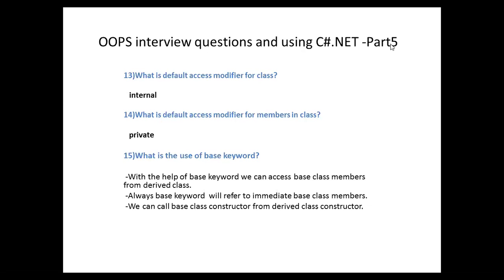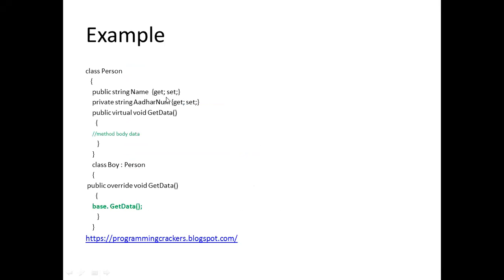Okay, what is the main point of this? For example, two classes are there, one is a base class and the other is a derived class. We'll see it in an example. Here you can see Person is a base class and Boy is a derived class. Sometimes we want to use the same method definition in derived classes, sometimes we need not. At that time this feature is very useful. If you want to use base class features as they are in the derived class, you should use the base keyword.